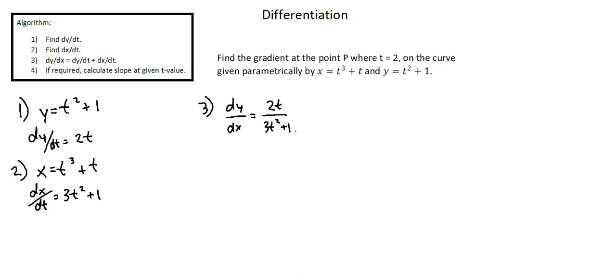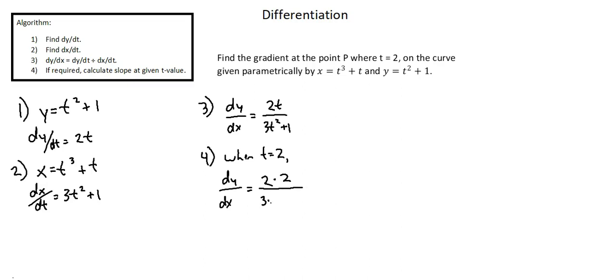Sometimes, as in this example, you'll be required to input a particular t value and then go on to calculate the gradient at that particular point on the curve. So, step 4, if required, as is the case here, calculate slope or gradient at given t value. Here, the given t value is 2, so when t equals 2, the derivative of y with respect to x is 2 times t becomes 2 times 2 over